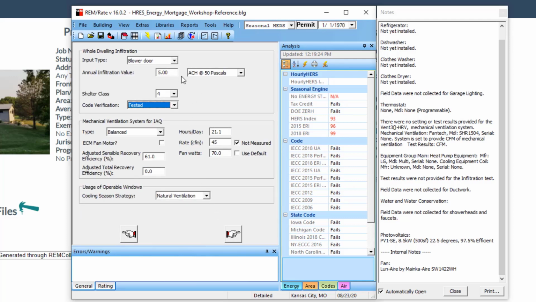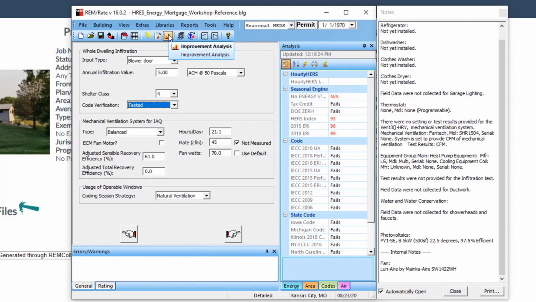We put in 5 ACH for the blower door because that is what local codes allow as far as leakage. And we did leave the mechanical ventilation in there. So these are the things that make it better than code, because we did have that stuff. But one of the things that we wanted to do by turning it into a code house was